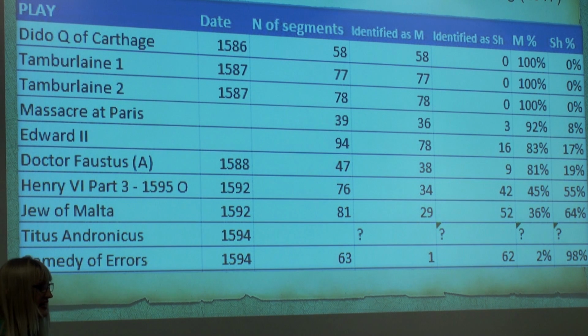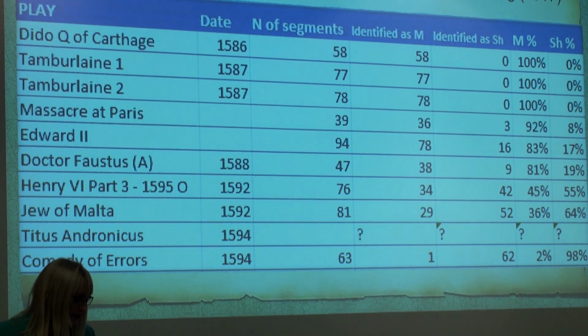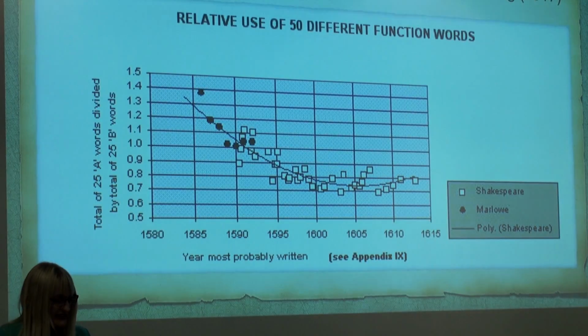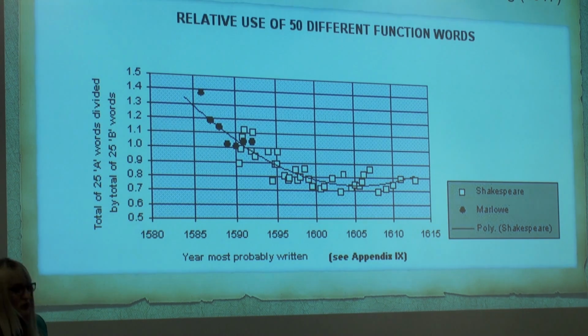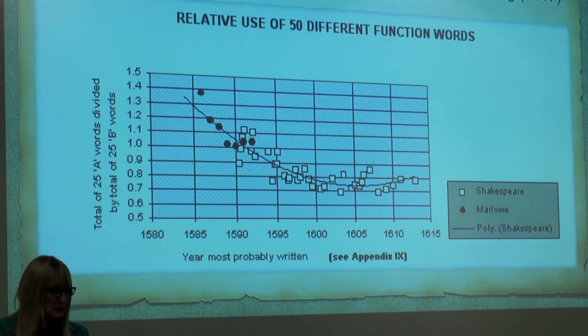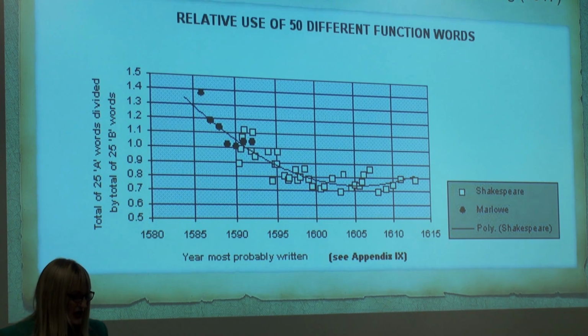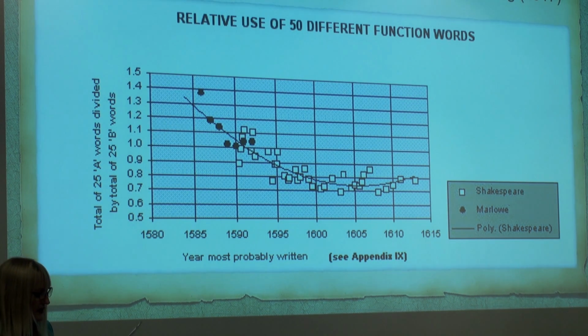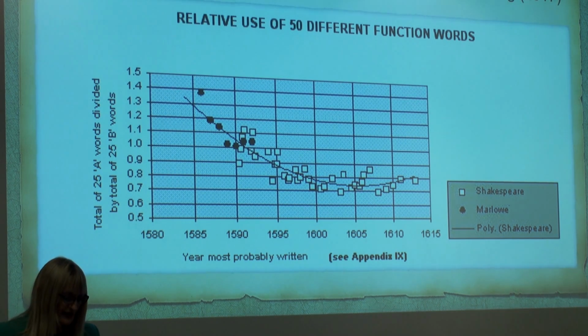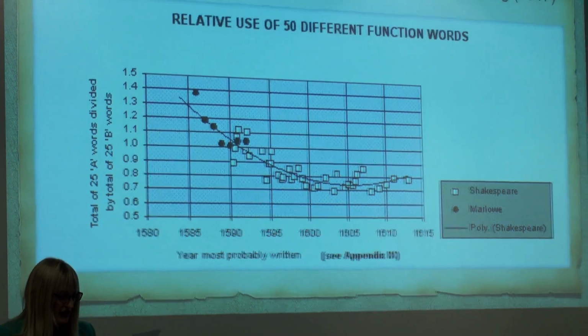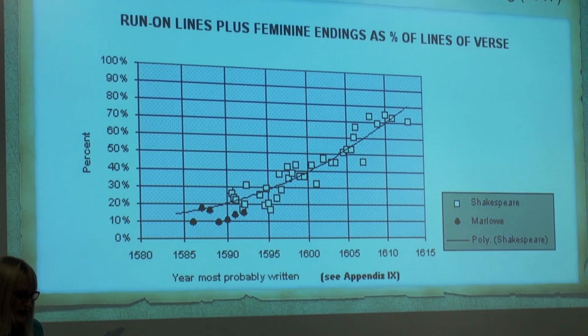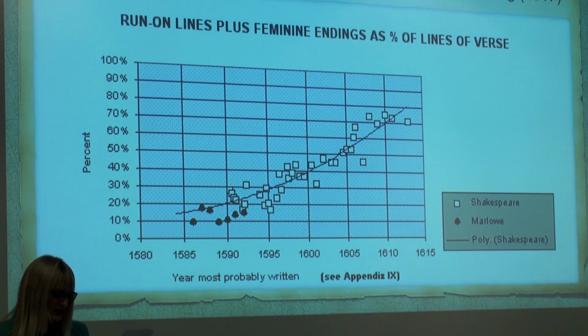So you can see here, if you wish, the stylistic transformation of Marlowe into Shakespeare. That Marlowe and Shakespeare are on a continuum with regards to stylistic features has already been shown by Peter Farey. In his Hoffman Prize-winning essay, A Deception in Deptford, he showed, using Gary Taylor's function word tests, how function words favoured by Marlowe and function words favoured by Shakespeare changed in a smooth curve across the combined canon. The same was true of an earlier stylometric measure run on lines plus feminine endings as a percentage of lines of verse. So the question is,